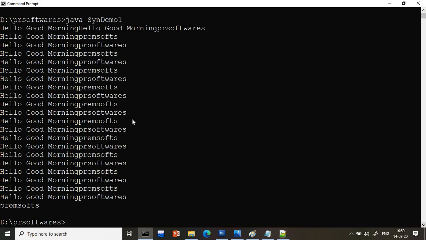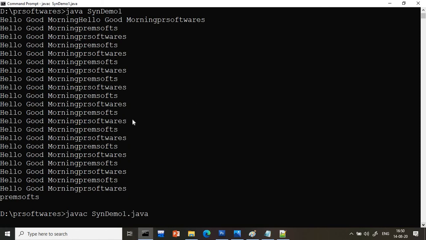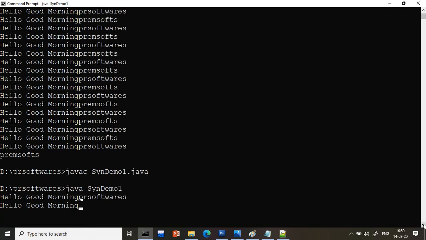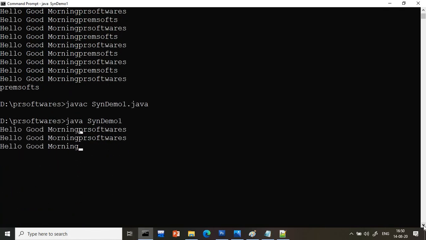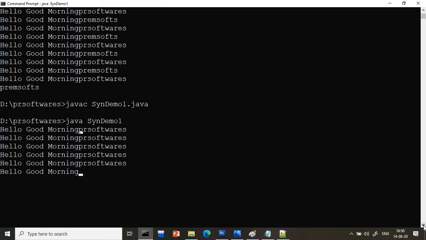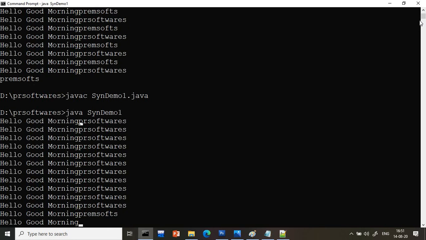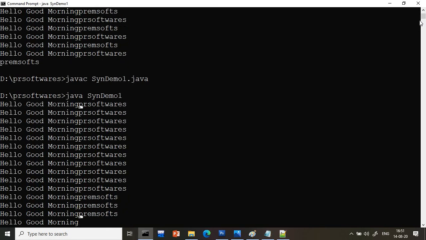Now execute the same program again. Just compile and run. Now see. Static methods are class level. So now object level lock is not possible, class level lock is possible. But here is one more thing. Whenever we are passing the class level lock, what concept do we have to remember here? First let it execute, then I will come to the topic. We need to make some more changes here. So let's finish first.